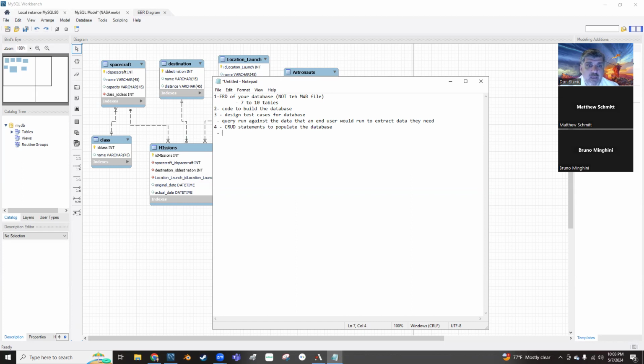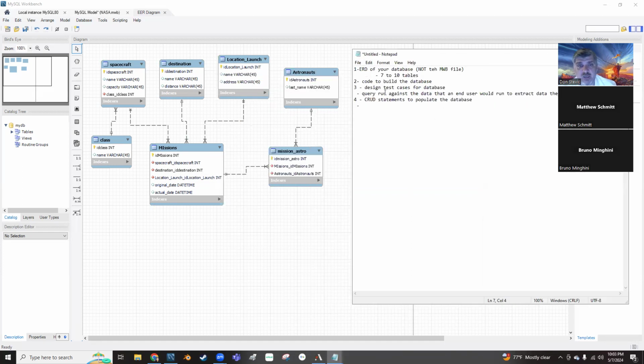Okay. What that means is, and we're going to get to those insert, update, and delete statements later on in the semester. The way I grade this assignment is I look at the ERD and I'm like, okay, this is good, this is good, this could be different. And I grade this to see what level of normalization you're at, how the data flows, if it does make sense. Then I take the code that you generated and I run it against my database